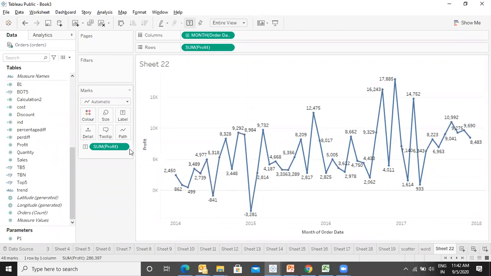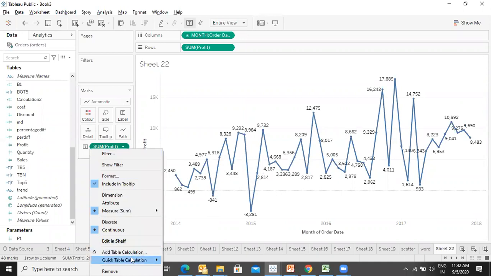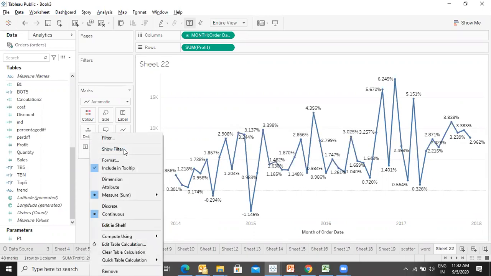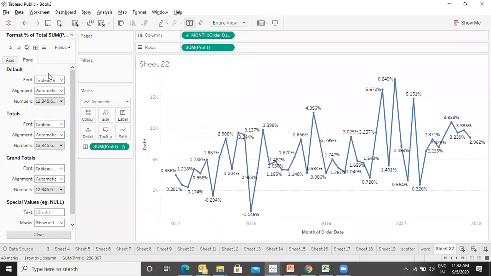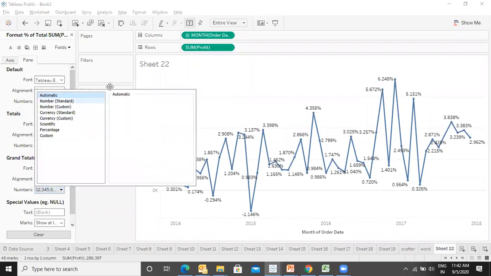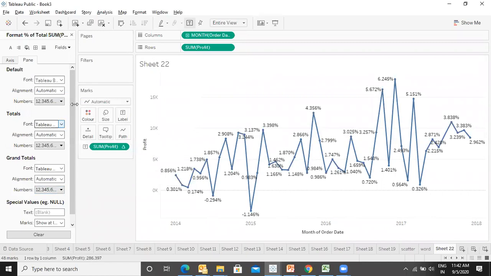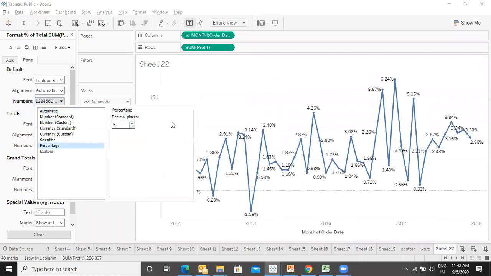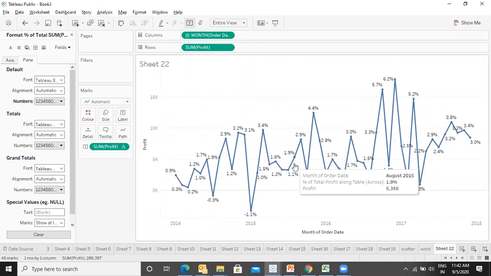Let's see if that works. It is appearing in percentage, which makes more sense. Okay.